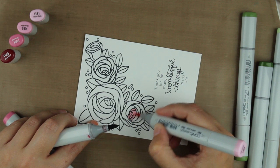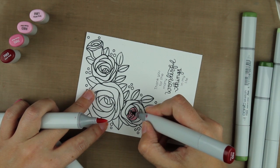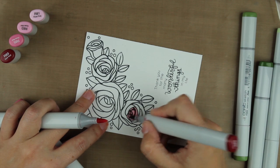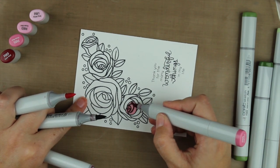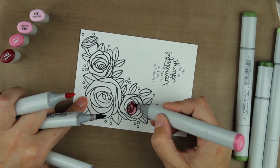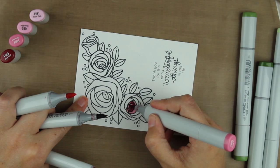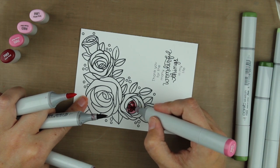the center part, because I want to try to keep the paper wet when I'm coloring. Now for the center part I want it to be quite dark, so I'm just doing some shadowing around here, where I think shadows should be for this part. Like that. And then I'm going in with the R85. And you might notice that when I'm trying to blend these two together, they don't blend perfectly, because R89 is such a dark color. So what I do is I carefully dip the nib of the R85 onto the nib of the R89 and carefully blend with that color on top, because then I get a little bit